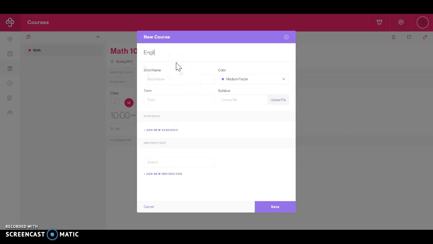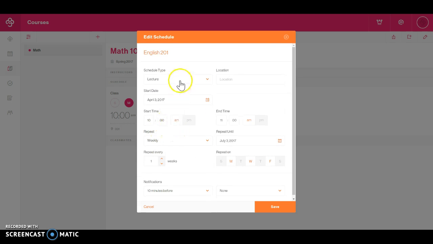English 201. Short name. English. Color, we'll go with this burnt orange. Term, spring 2017. Add schedule. This one, I'm going to go ahead and select seminar. Starts on April 3rd. Well, we can't have class at the same time as math, so we're going to go